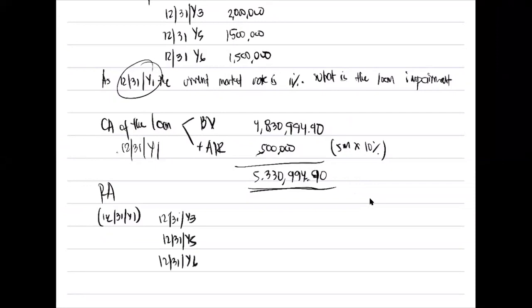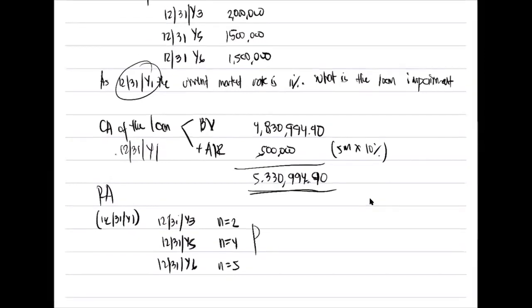From December 31, year 1 to December 31, year 3, how many periods? Year 2, year 3, 2 periods. Next, year 2, year 3, year 4, year 5, 4 periods. Next, year 2, year 3, year 4, year 5, year 6, 5 periods. So we are now ready to compute for the present value. So we use PV of 1, and given na 2, 4, and 5 periods, and i is equal to